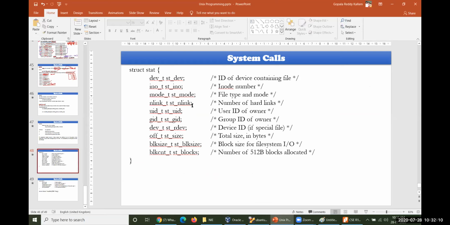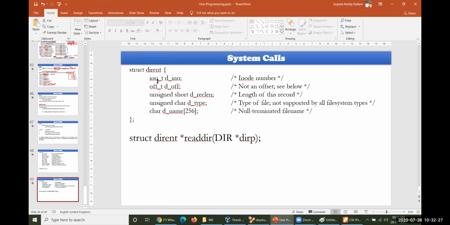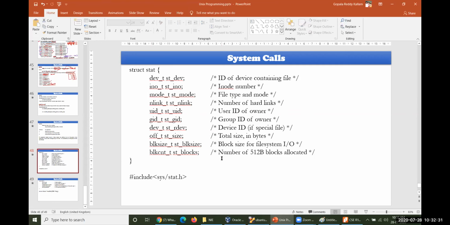One is sys, so hash include sys/stat.h. This is one particular header file which is required, and the second header file will be dirent. So two different types of header files are required here.